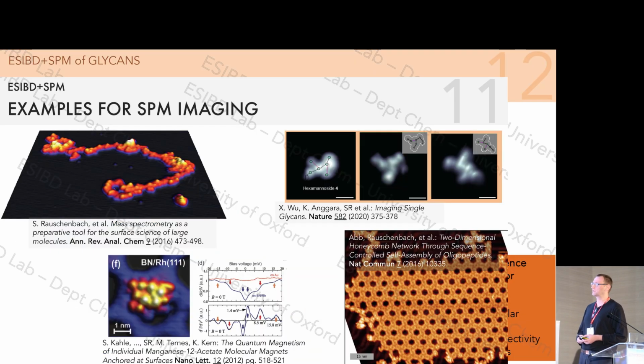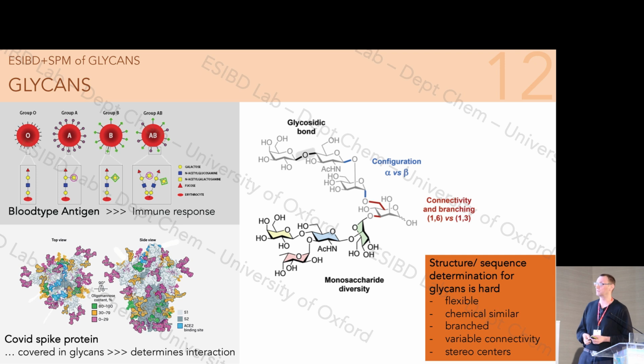So for STM, just briefly, it works really, really well. You can deposit proteins, peptides, glycans, synthetic molecules. You can go as far in this one as observing single spin flip events. And I very briefly want to show you that by this technique, scanning tunneling microscopy actually becomes a useful technique,